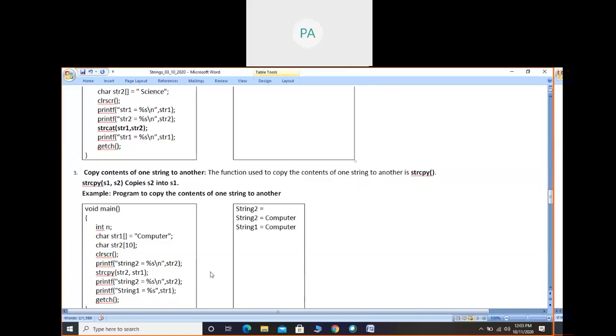Okay, fine. When we do copy paste, original contents will remain as they are. In the destination location, the contents are copied. When we do cut paste, original contents will be lost. So here we are doing copy paste, so str1 is also computer, str2 is also computer. After this operation, strcpy of str2 comma str1, both will become strings with the word computer.